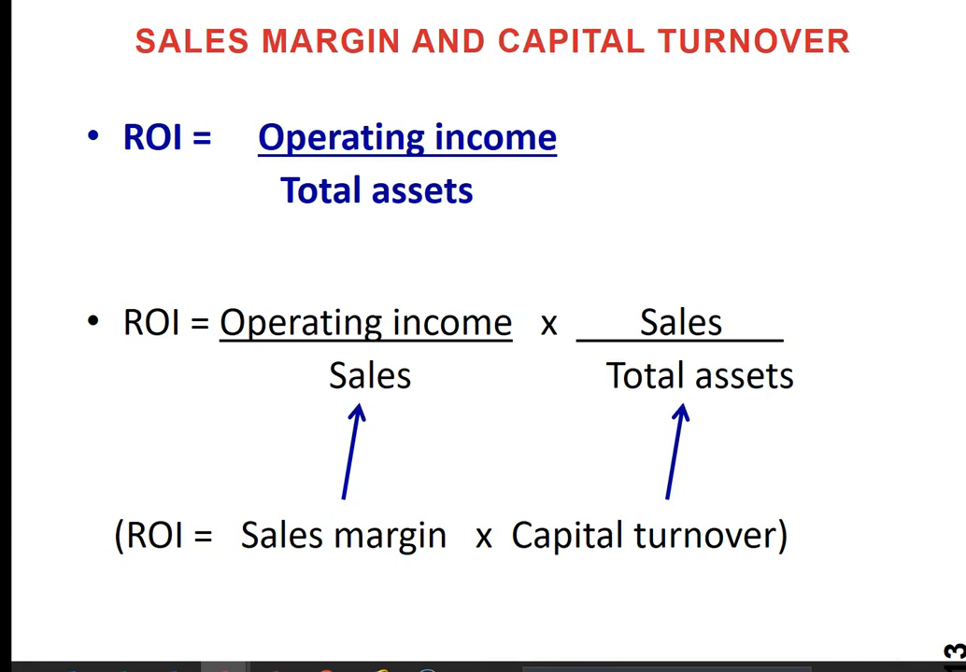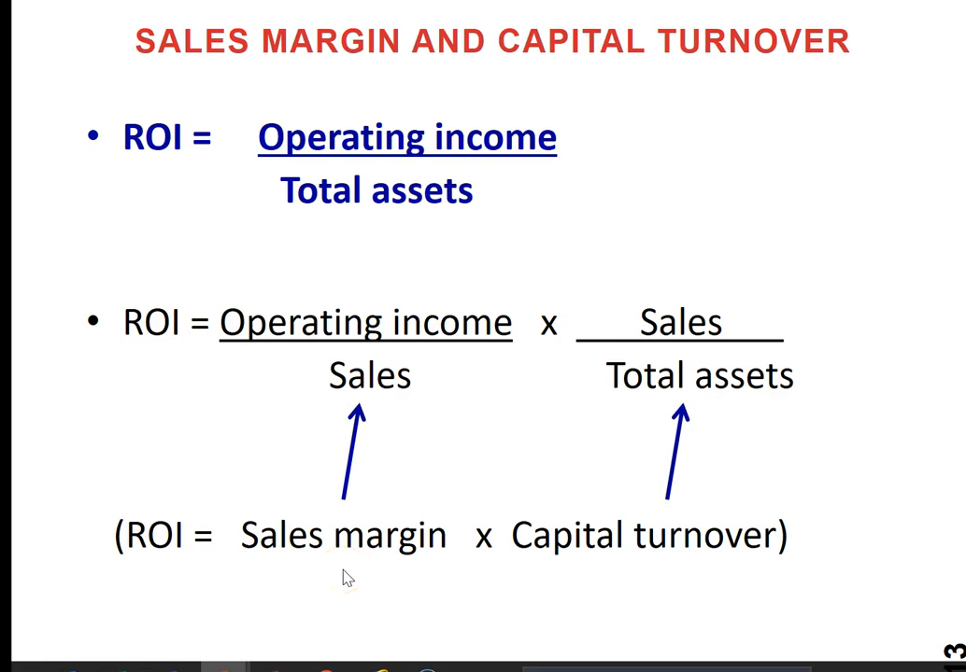Now this ROI, we can decompose this formula. How? Let's take the operating income, the top part, and divide it by sales. And then take again sales and divide it by the bottom item, the denominator, which is the total assets. So basically it's the same thing. If you compare these two formulas, these are the same things, right? Because if you cross out this sales, it will be cancelled out. So it's basically the same formula, but we can decompose it, we can break it out, and this first part